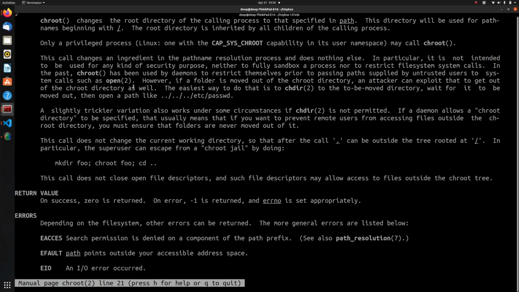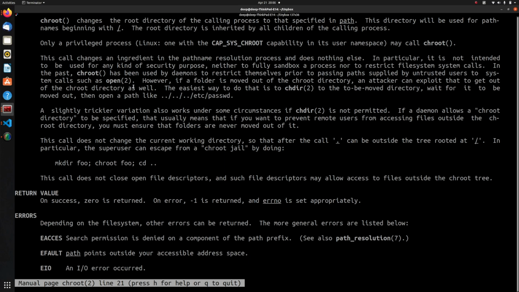So, one of the most widely used utilities of chroot is to jail a process inside a new root, such that if a user provides a path such as /x/y/z, that won't affect the host's root path, right? You are not allowing your user input to affect the host's root. Rather, you are running what the user has provided in a jailed system, because once you have called chroot from inside a process and specified a new root, whenever you use a path starting with slash, it will always point to the new root and not to the old root. So this is another cool way to jail a process's root into a new file system, but this doesn't change